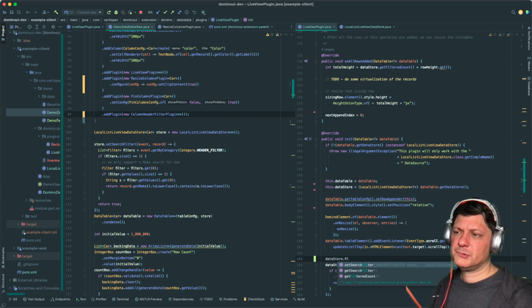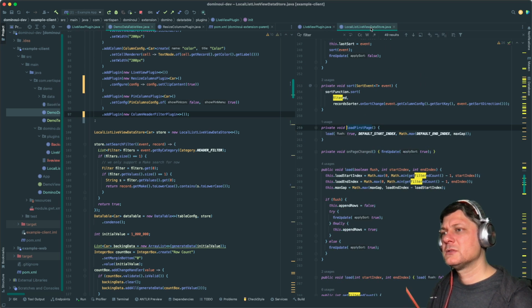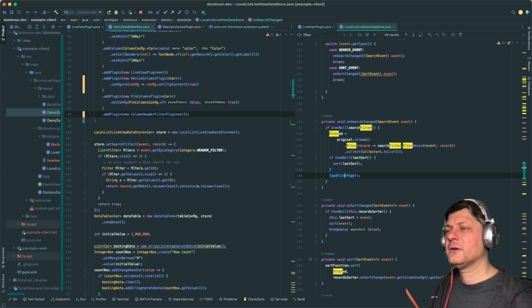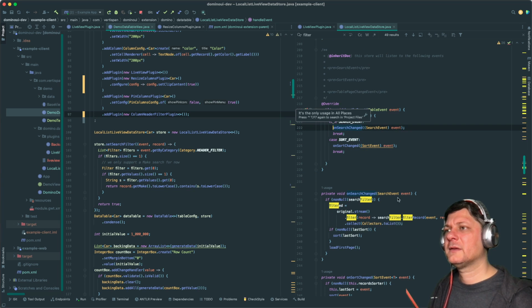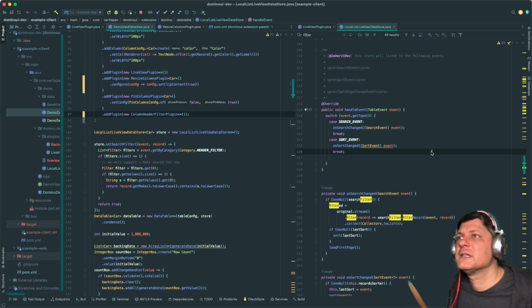Don't want to set a search filter, because you can only set a single search filter on a store. So who's calling load first page? That one. And that is getting called by this event. Okay, so this is